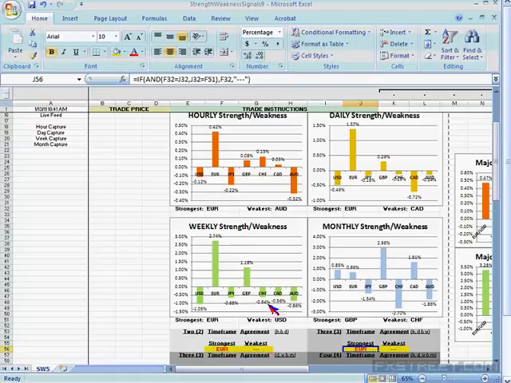Okay, on the weekly, we also see that the Swiss franc has been weak, but we have the U.S. dollar as being very weak as well. Okay, although on the monthly basis it has been relatively strong, on a weekly basis we see the U.S. dollar has been weak. On a daily basis, the U.S. dollar has also been weak, and then since 9 a.m. this morning, the U.S. dollar has been weak. So that might be a candidate. There has not been agreement among the three different time frames on a weakest.